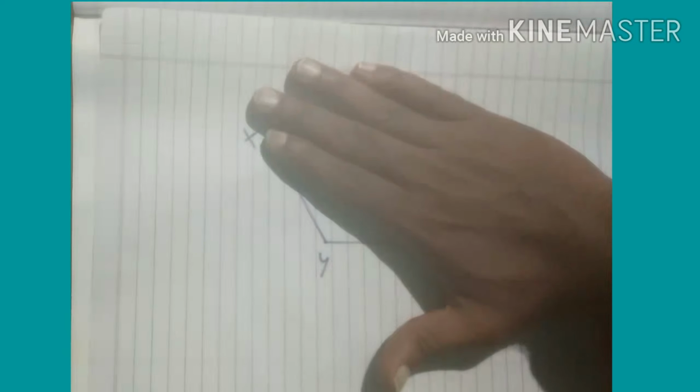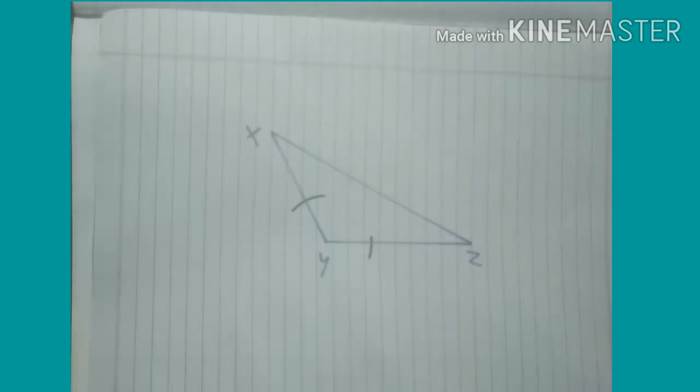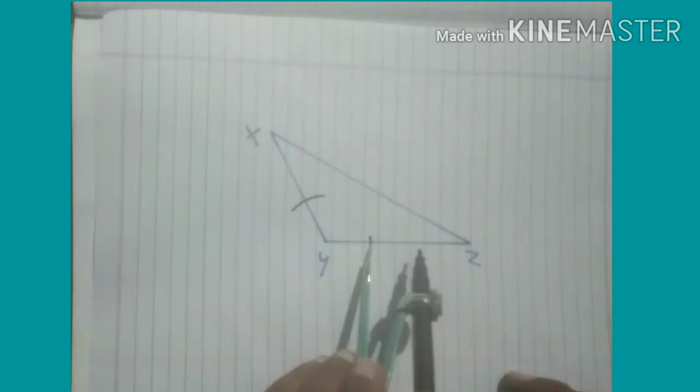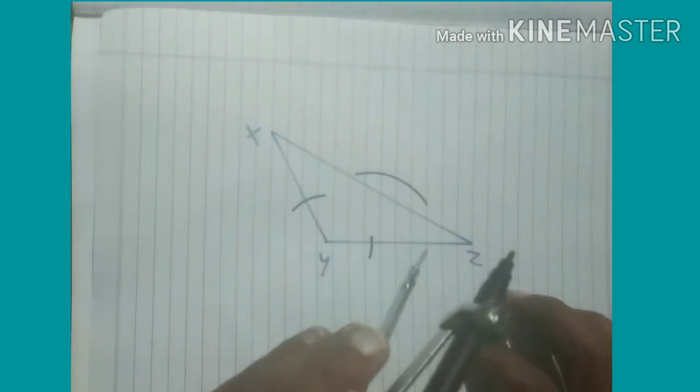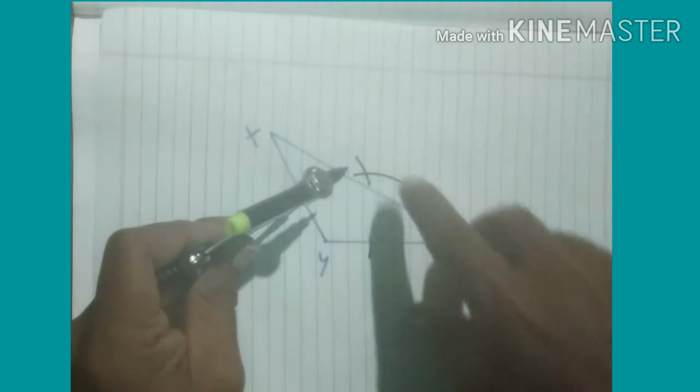Consider only angle Y. Can you bisect it? Yes. So take a random distance in compass. Taken. Draw 2 arcs on 2 arms. Drawn. Locate the point of intersection of arm and arc, and increase the distance a little bit so that the projected arc will go out of the triangle, and draw 2 arcs. Okay, so from this point I have drawn 1 arc. I will draw 1 arc from this point also. Okay, see, this is the intersection point of these 2 arcs.